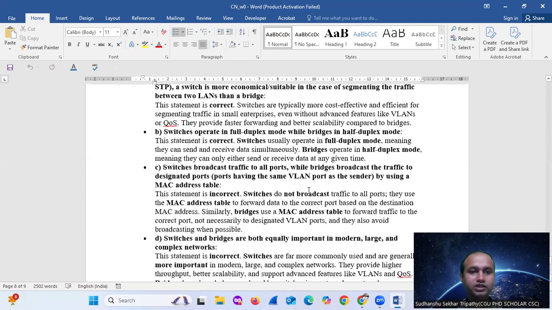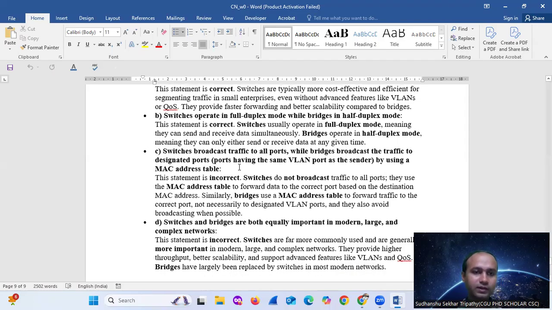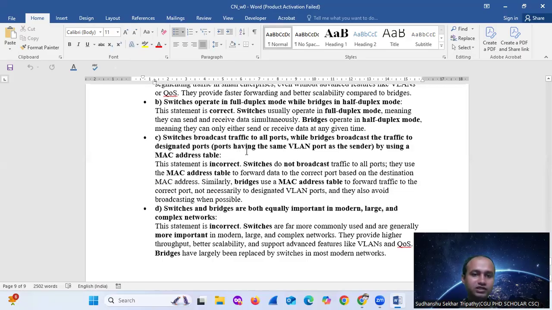ऑप्शन बी। ओके, ऑप्शन बी, switches operate in full duplex mode while bridges in half duplex mode। करेक्ट, इसको याद रखो, switches usually operate in full duplex mode, meaning they can send and receive data simultaneously. Bridges operate in half duplex mode, meaning they can only either send or receive data at any given specific time। So ये true हो गया। ऑप्शन सी। Switches broadcast traffic to all the ports while bridges broadcast the traffic to designated ports, that is ports having the same virtual LAN as the sender, by using a MAC address table।